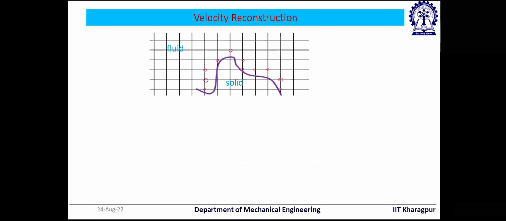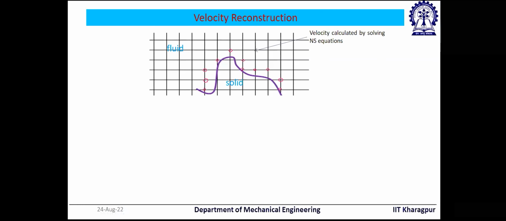So the basic idea is that I have a uniform structured Cartesian mesh. It might be a non-uniform mesh also. Inside that, using a separate description, I define the solid surface, inside which it is solid. And this solid surface is not conforming with the grid points. So I identify the nearest points of the fluid close to the solid surface. For these points, I cannot define the full stencil and cannot solve the whole Navier-Stokes equation. So what we'll do